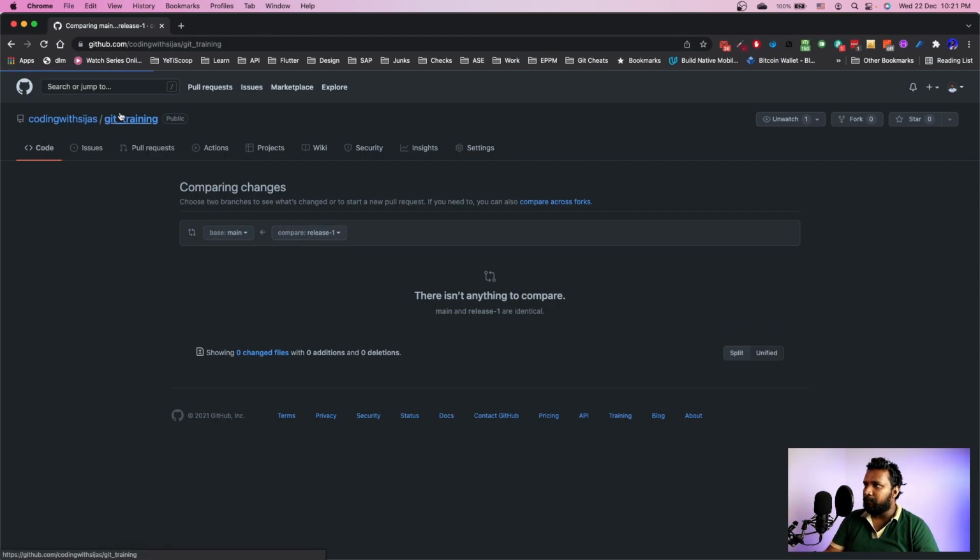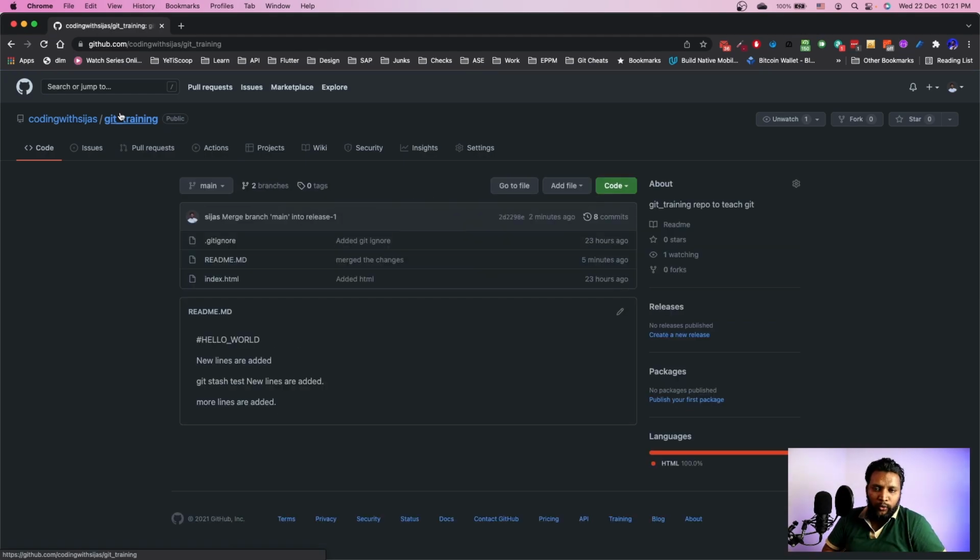Both are in sync. So when do you do this? Imagine you and another colleague are working on two different features. You're not pushing anything to the main branch. You will be creating your own branch for a feature and pushing your code there, and the other colleague also creates a new branch out of the main branch and updates the changes.